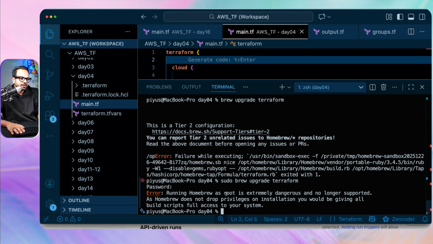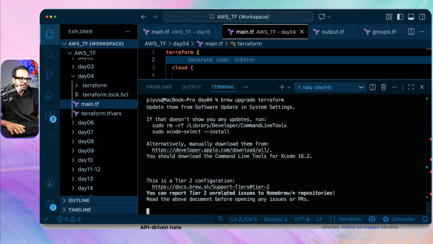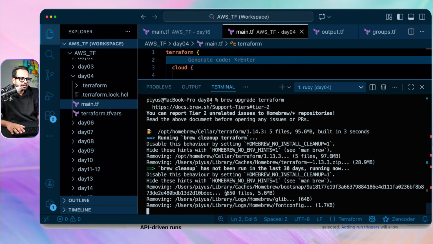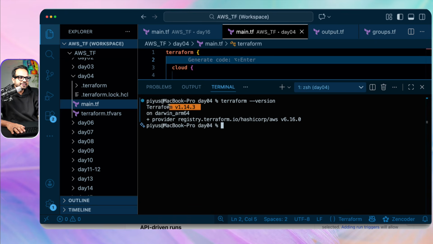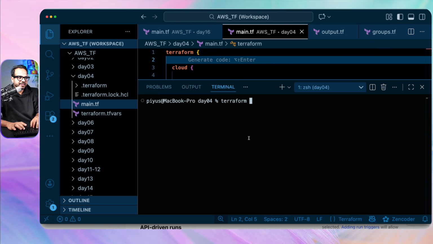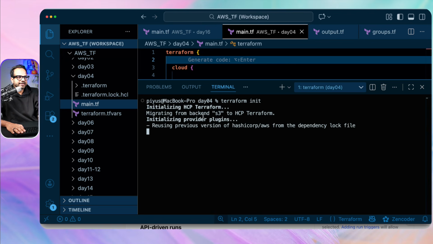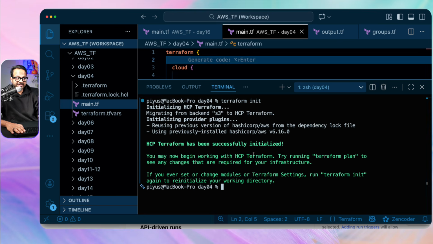Okay, so let's run this brew upgrade command again. I think it worked this time. Okay, yeah, it worked. So let's run terraform -version, and yes, it upgraded to 1.14.3. So now let's run terraform init. Okay, it's migrating this, initializing provider, and it's initialized. Now if I run terraform plan,